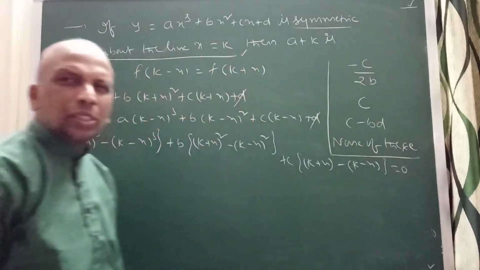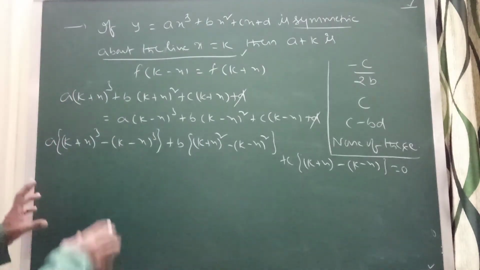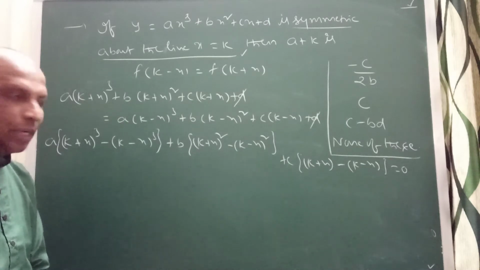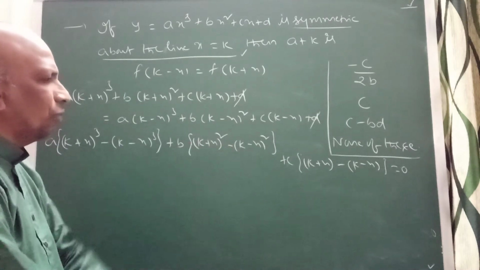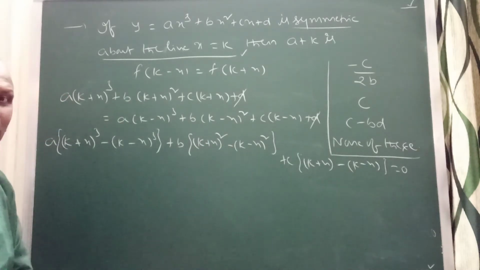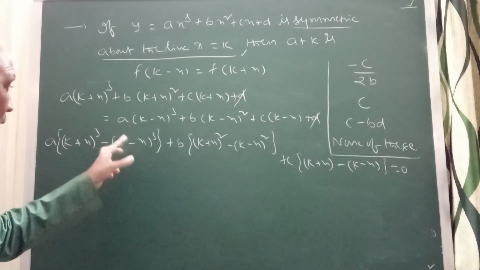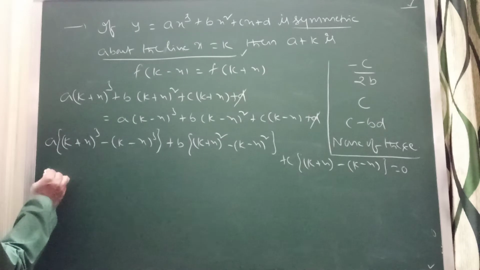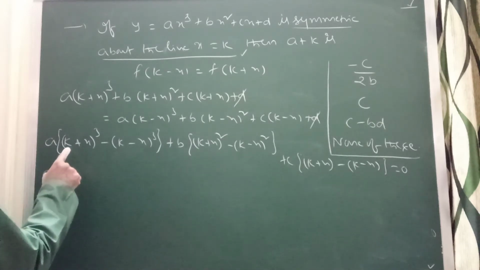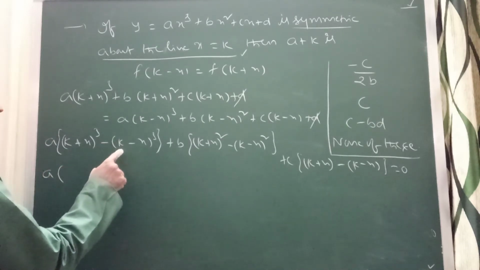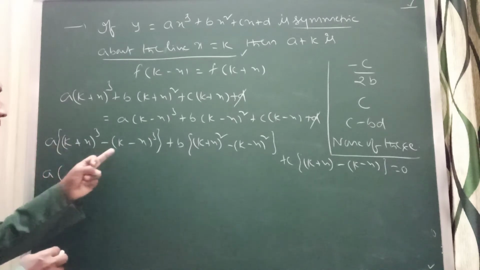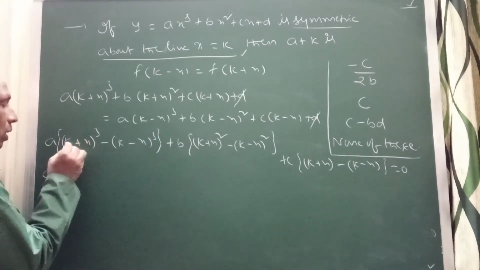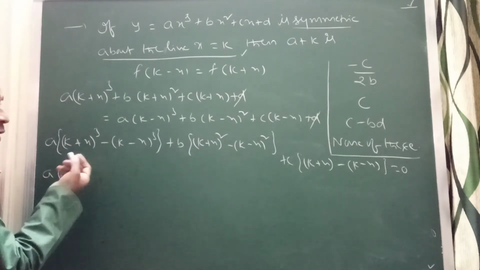You transfer one side. You can simplify here, (a plus b) whole cube minus (b minus) whole cube. You simplify; this also you can simplify. Now if I simplify here, you will get alternative terms cancelled. You will get k cube here, so your minus k cube will get cancelled. So you will get 3k square. You can expand here, no problem.